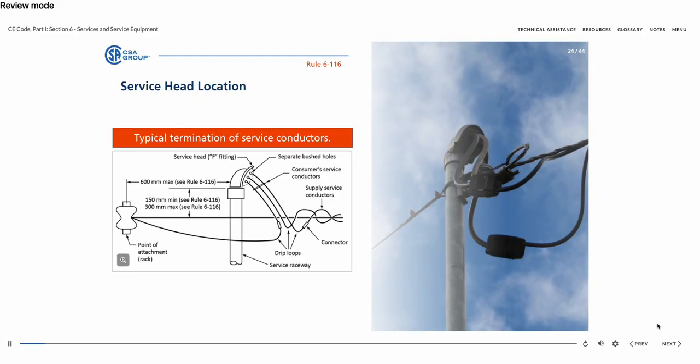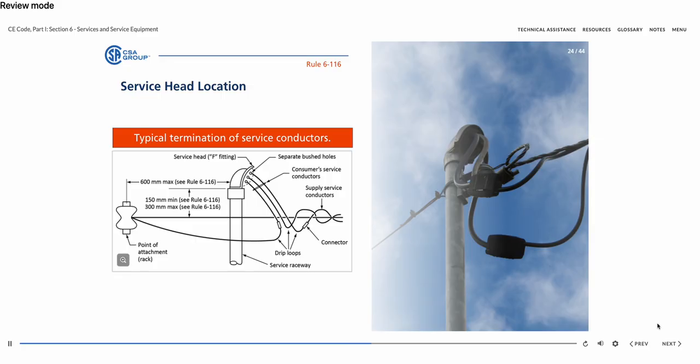Rule 6-116 sets the requirements for where a service head is to be located. The service head shall be located in a manner that does not present a fire or shock hazard, is accessible to the supply authority to allow connections to be made and maintained, does not allow water to enter the service conduit or cable or the service equipment, complies with the requirements of the supply authority,